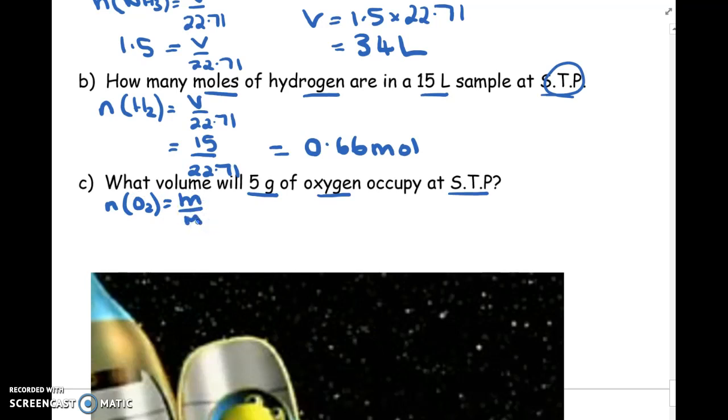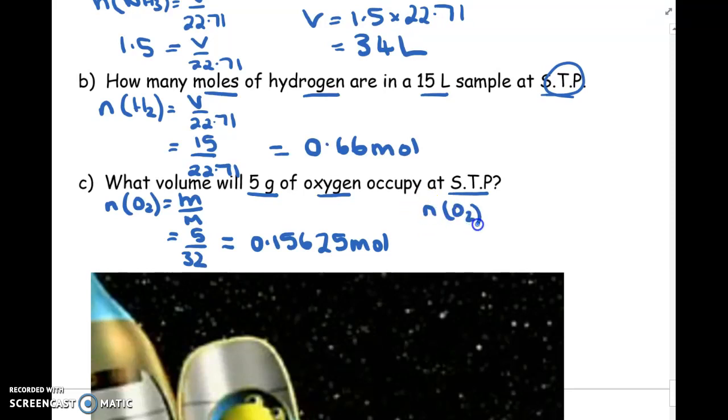Be careful, oxygen is diatomic, so that means you go 5 divided by 32 grams. And this will equal 0.15625 moles. So now that we've got the moles, we can find the volume by using the number of